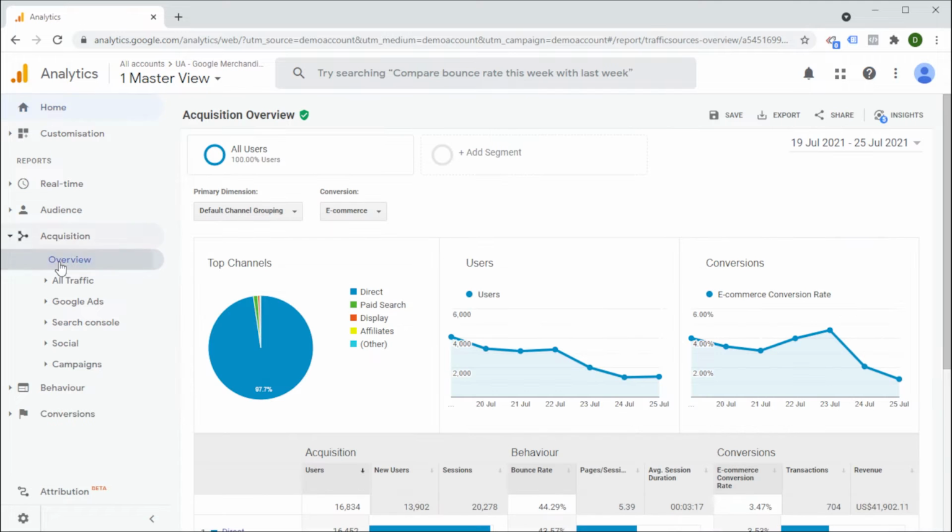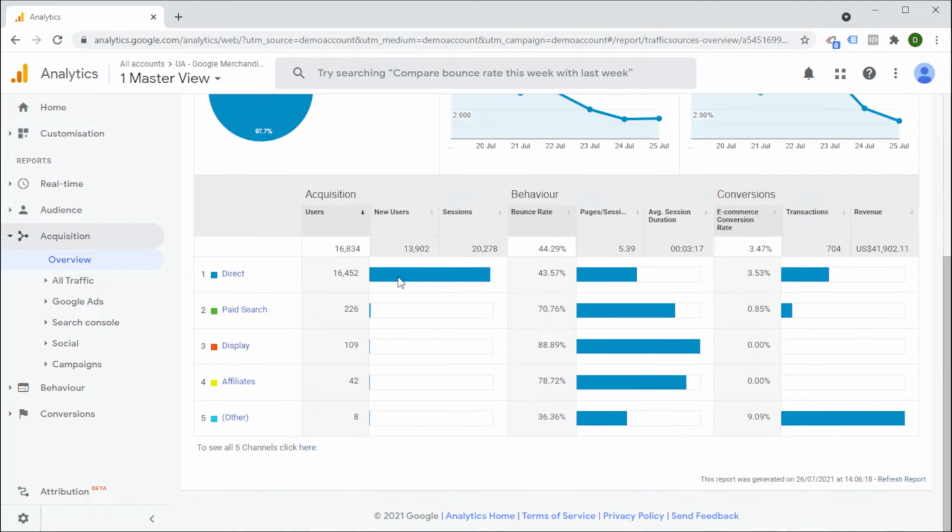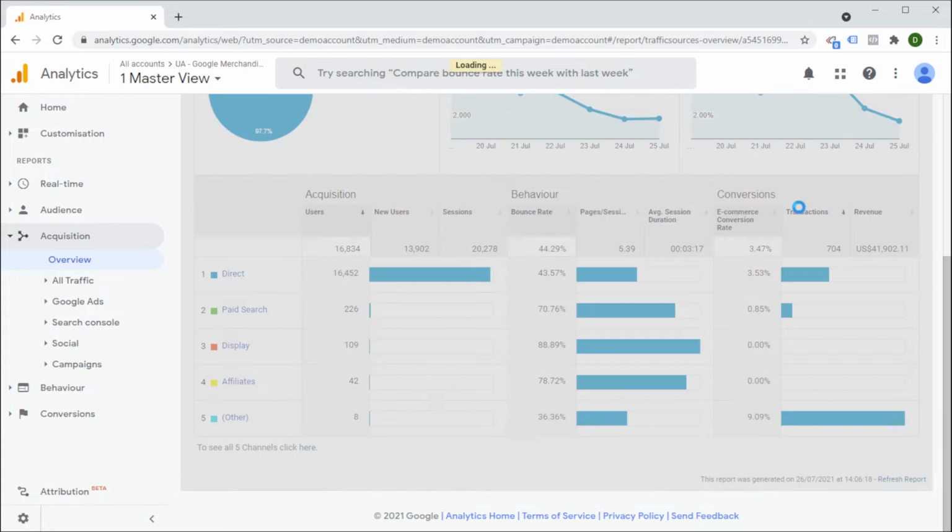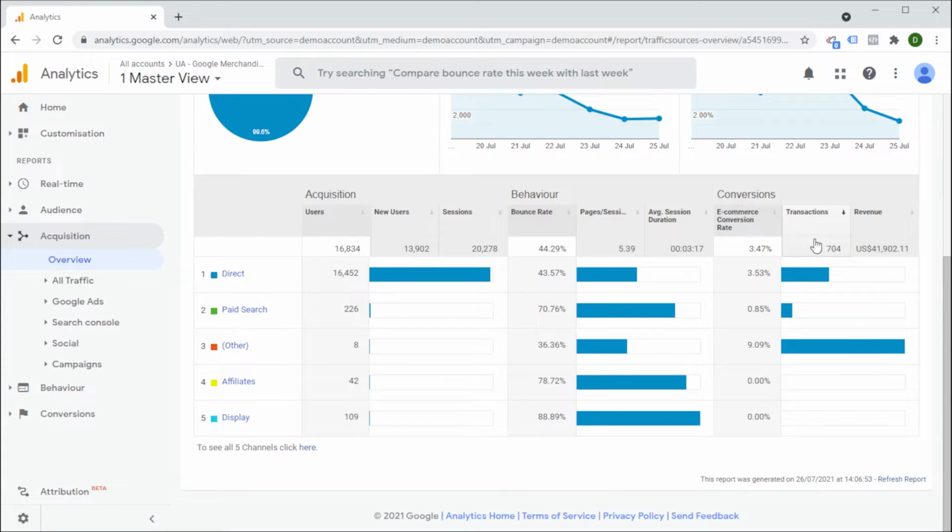In Google Analytics, it's quite easy to find out where your users came from. Just go over to the acquisition reports and voila, you get a breakdown of all the different sources that brought users to your website. You can also easily see which sources brought you the most sales by looking at this